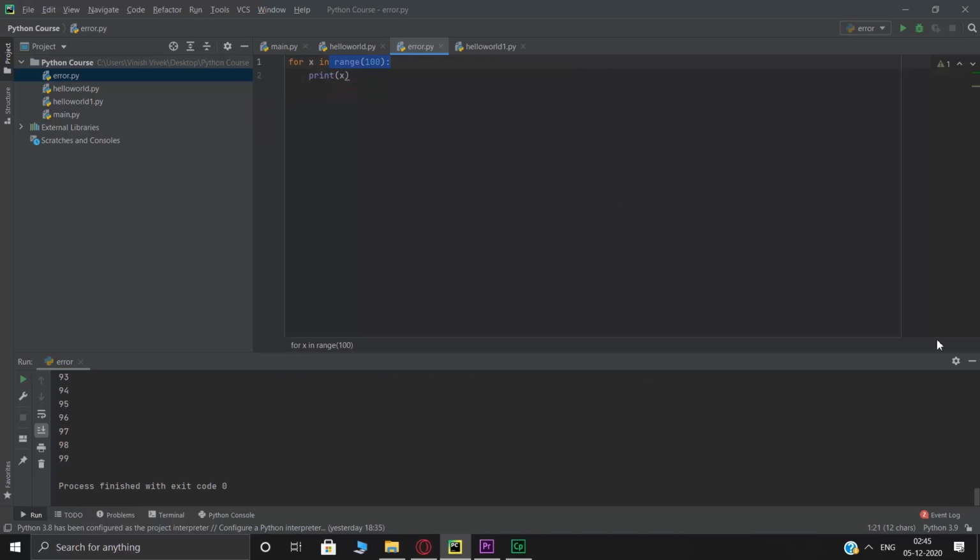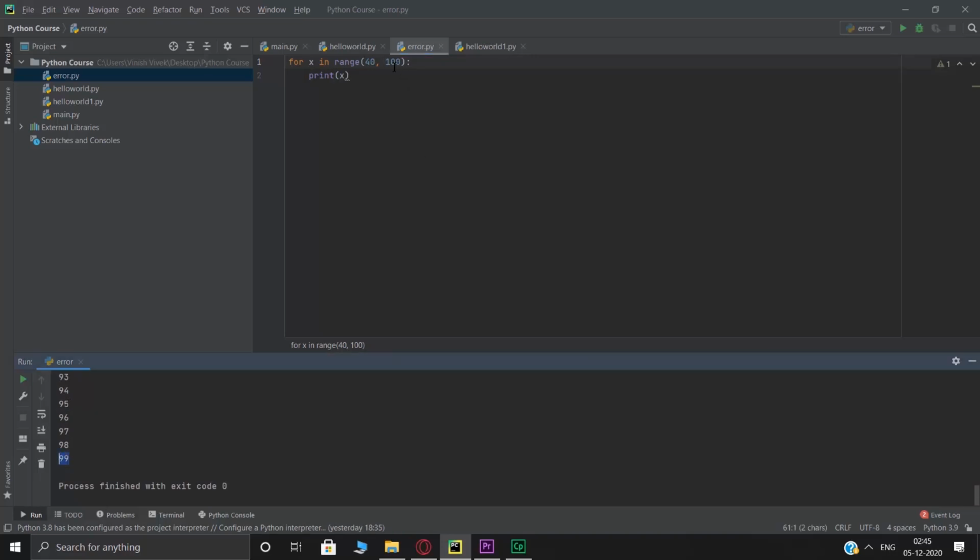So the range command by default starts from 0. But if you don't want it to start from 0, then you can add a value in here. So if I say 40, 100, and Control Shift F10, notice that it will start from 40 and it will end at 99.